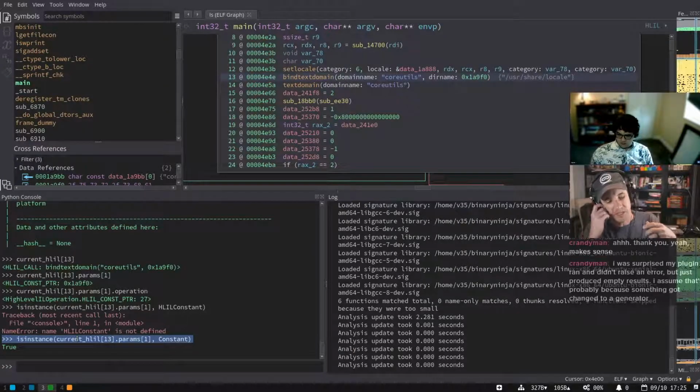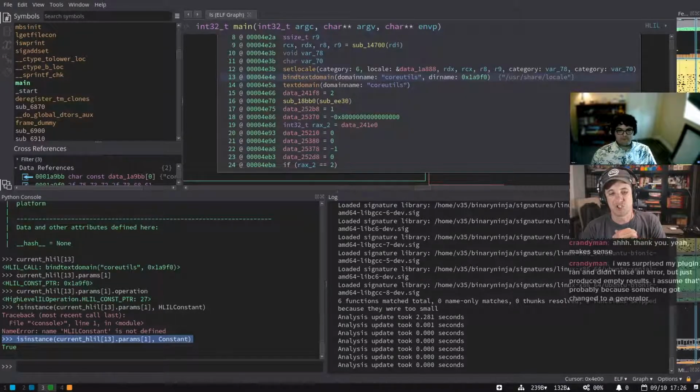It used to be that in a lot of old scripts we would say, oh, if the operation is of this type, or this type, or this type, then you knew it had a dot value parameter, right? Or it had a dot params or whatever, because there are multiple IL calls and multiple types of constant parameters.